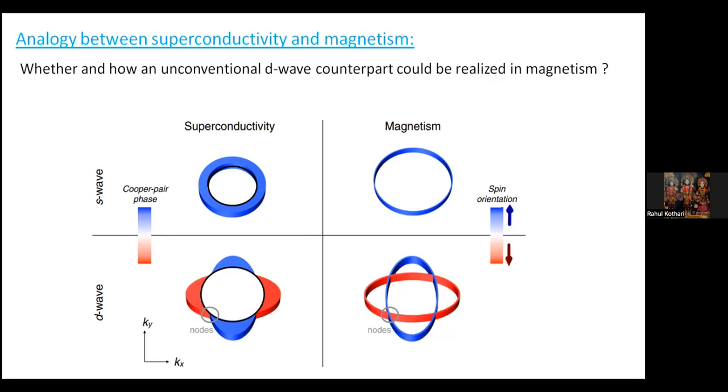one can further ask the question, can we realize a material where net magnetization will be zero, but still it can break the time reversal symmetry? The question I asked previously, can we realize the D-wave superconductivity counterpart in magnetism, is the same as asking whether I can have a magnetic material where net magnetic moment will be zero, but it can also break the time reversal symmetry. The answer is yes. And very recently, in the year 2022,